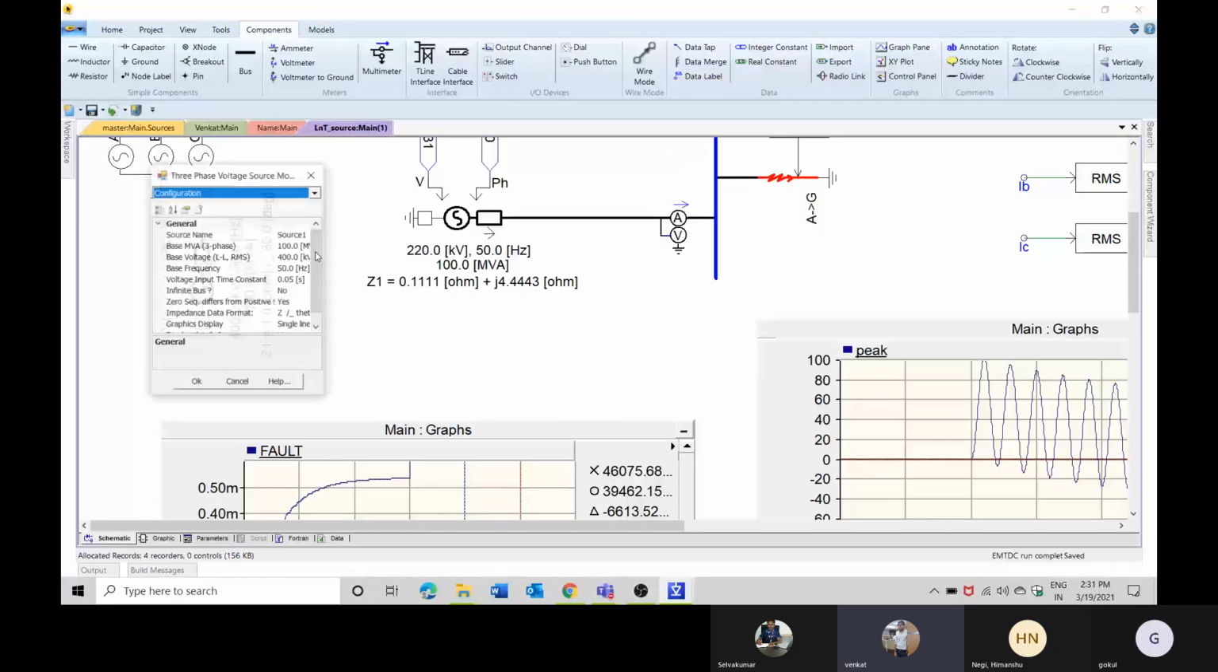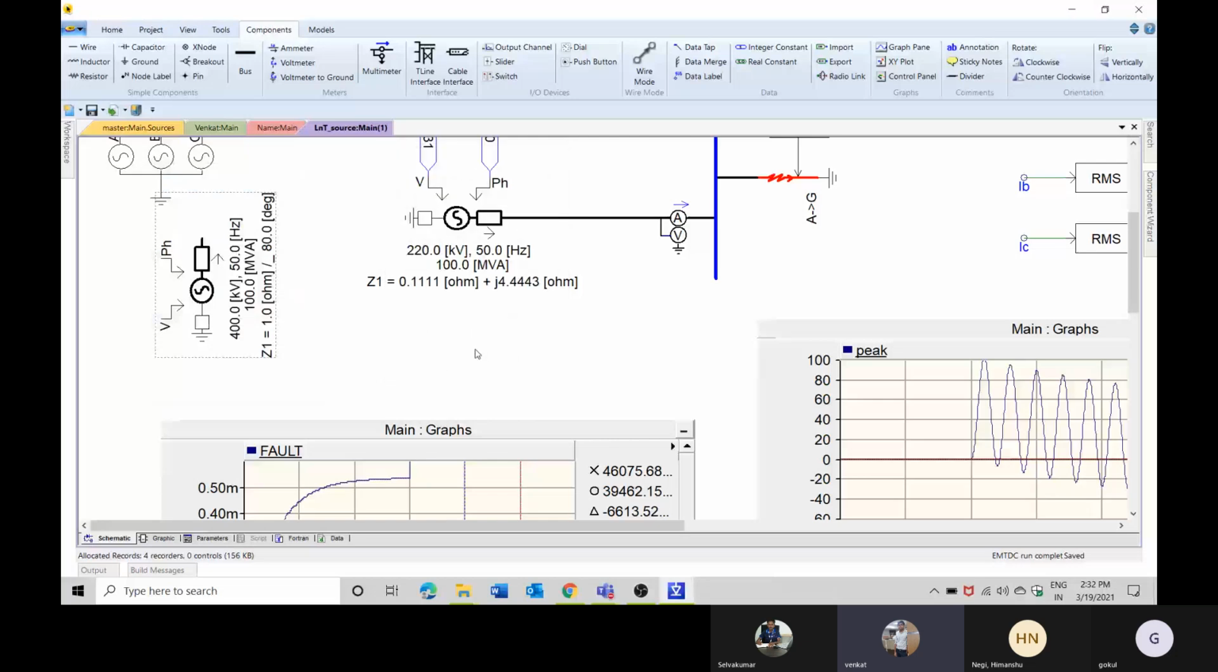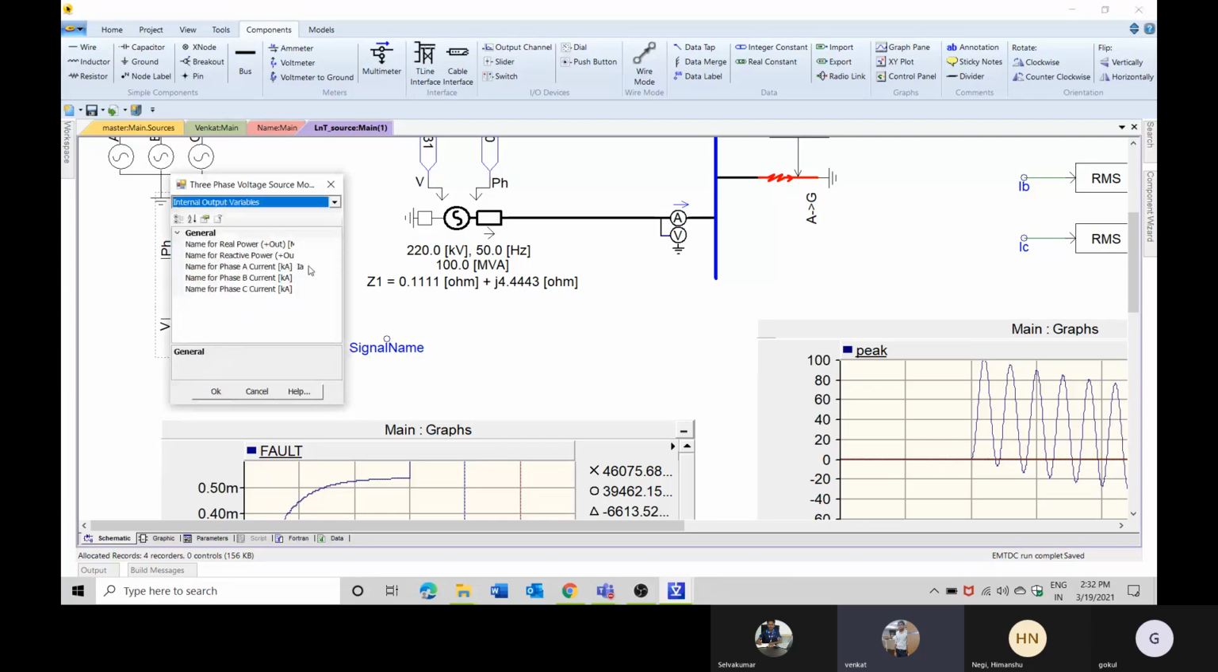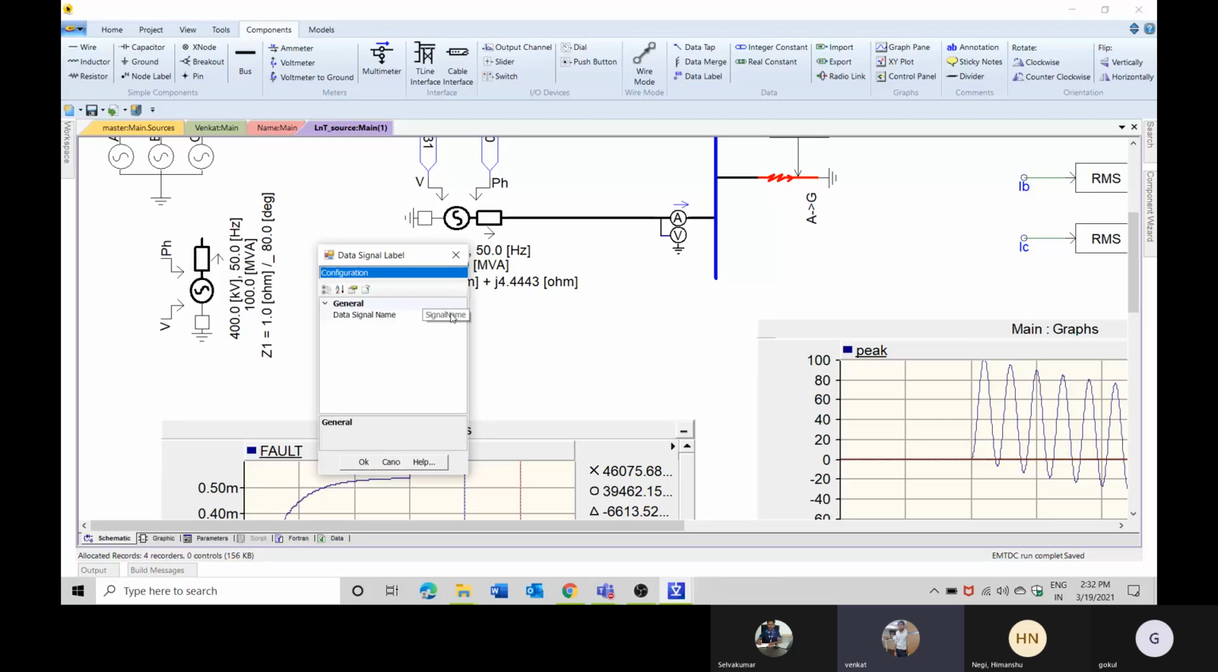Here you can see we are going to take output from this particular source. So I have to mention the name for the particular data which I am going to take out from this source. Here I have taken the name as IA. Then I will just click OK, and I will use this data signal, and I will paste here and give the same name as you have given in the particular source. Just copy it and paste here,